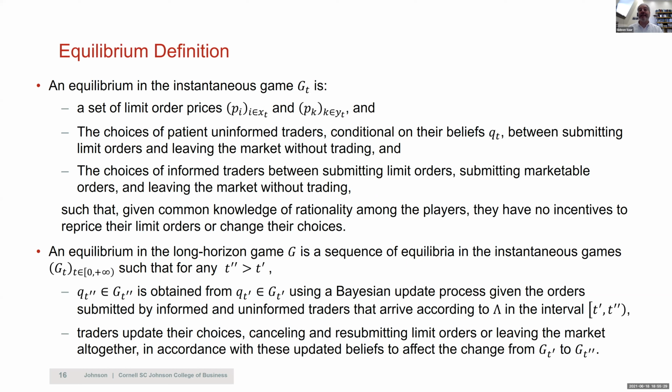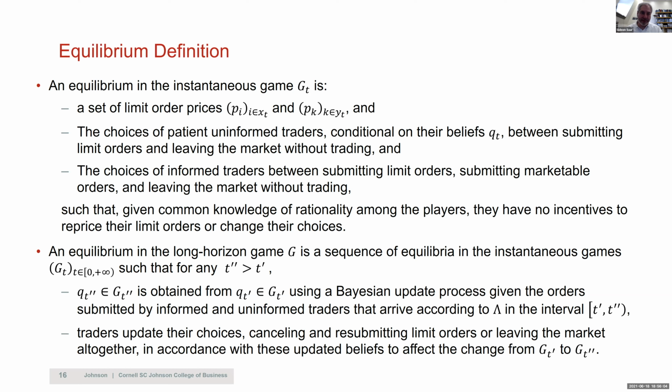An equilibrium in the instantaneous game GT is a set of limit order prices. We call the limit sell orders XT and the limit buy orders YT. So we've got their prices. And you've got the choice of the patient uninformed traders, conditional on their beliefs QT, between submitting limit orders and leaving the market without trading, and the choices of informed traders between submitting limit orders, submitting marketable orders, or leaving the market without trading, such that given common knowledge of rationality among the players,